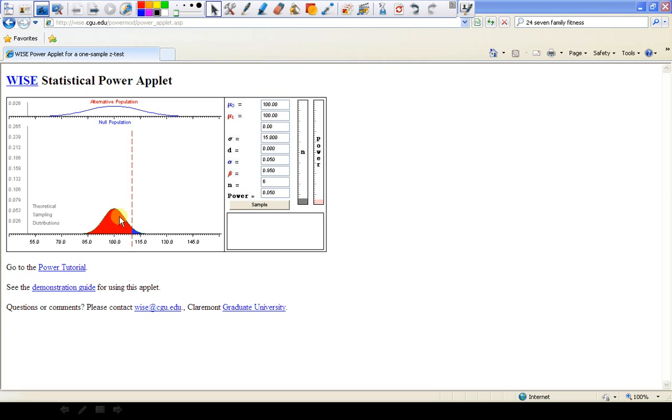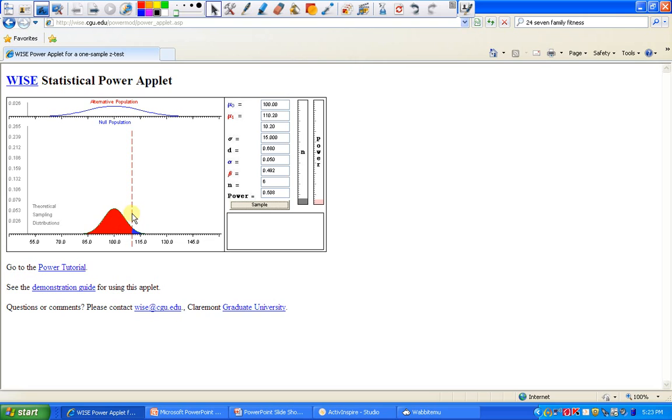Okay, so now what I want us to do is take a look at this. This pink curve is, what if we knew, or I guess it's not really what you know, but what if this was the true population? The blue curve is what we're testing, and the pink curve is the true value, the true mean. Notice that the true mean here is 117.7. Okay, well, if that's the true mean,